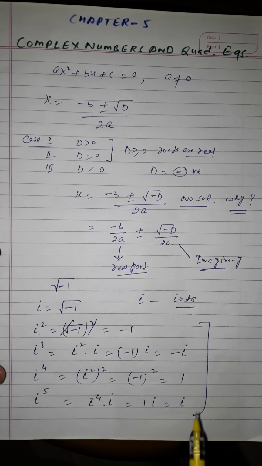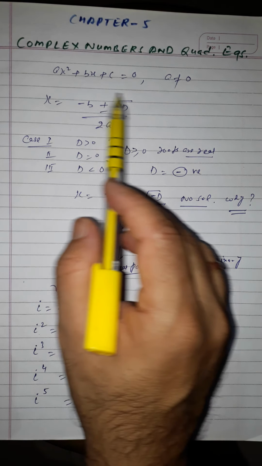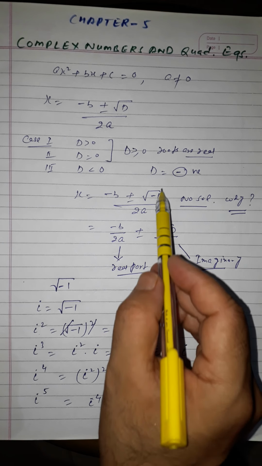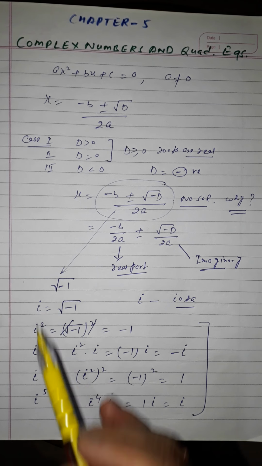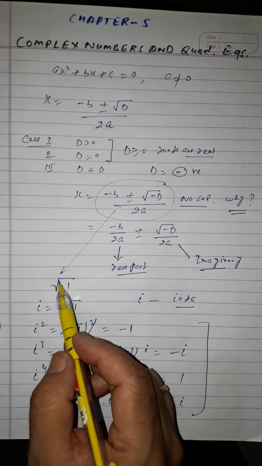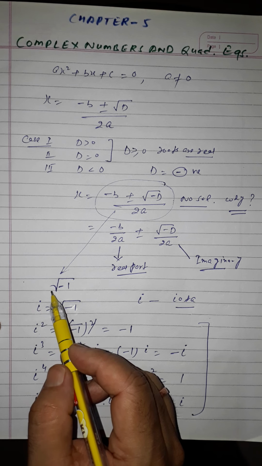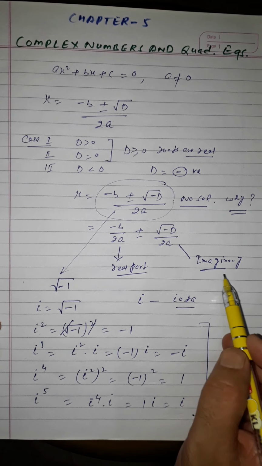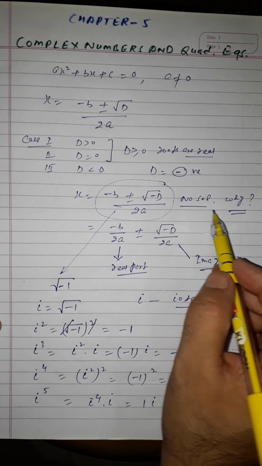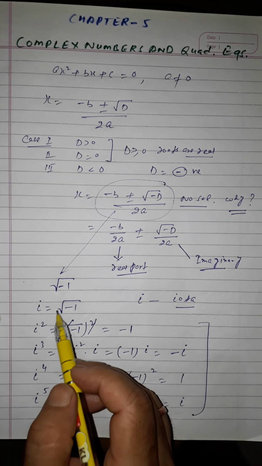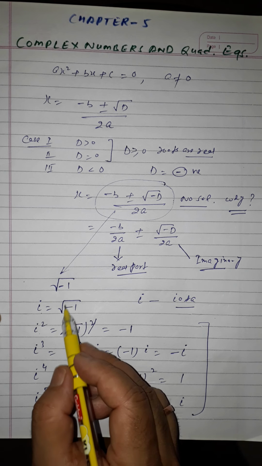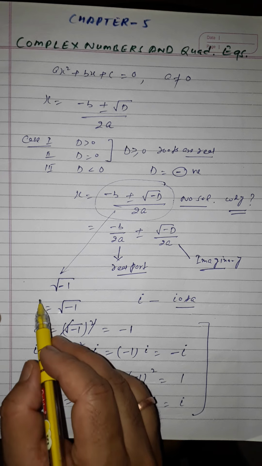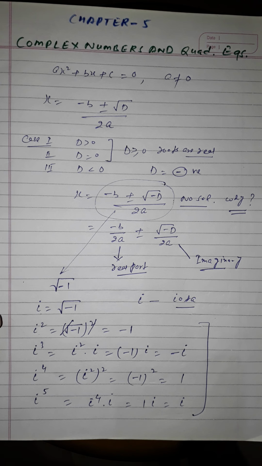So here I have told you how we make the link of the quadratic equation, where d is negative, with the complex number. Because when the discriminant has a negative value, up to 10th class we say that it has no solution. But here we give it a name, iota, that is equal to root of minus 1, and we can find out iota 5, iota 10, and so on.